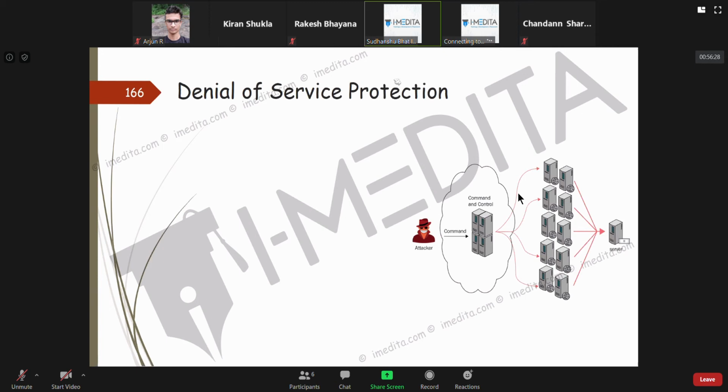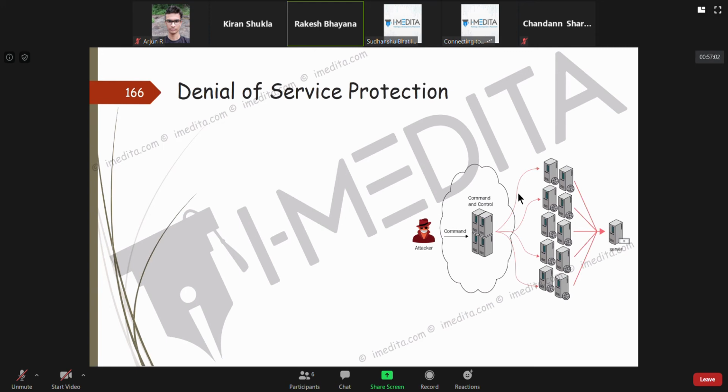Anybody who would want to explain? Yes, go ahead, Kiran. It's like hitting a proxy server and sending packets to utilize the bandwidth and choke the traffic, or to steal some information, to try to take access, something like that.